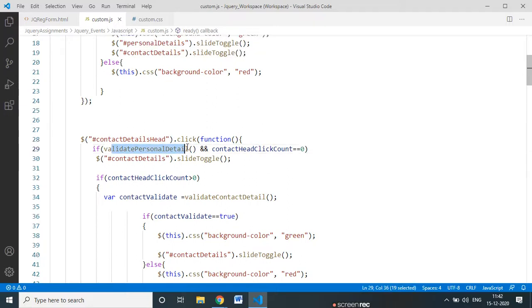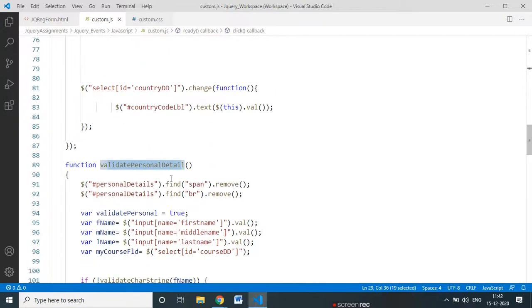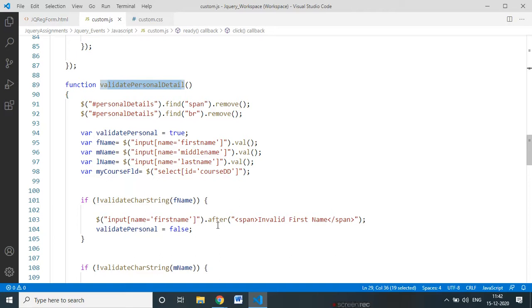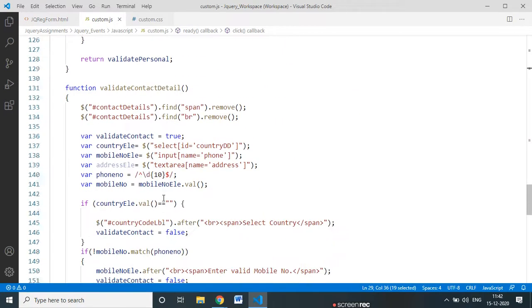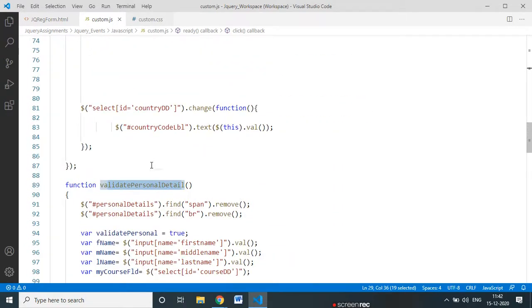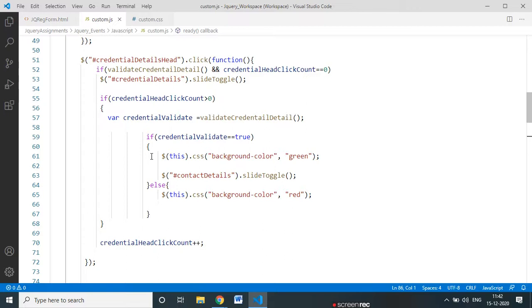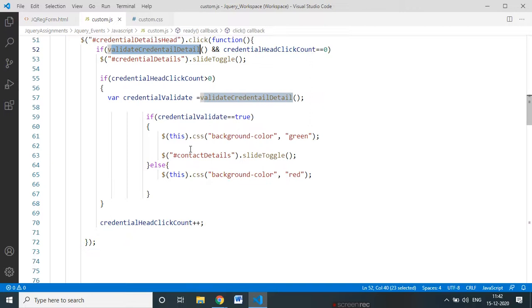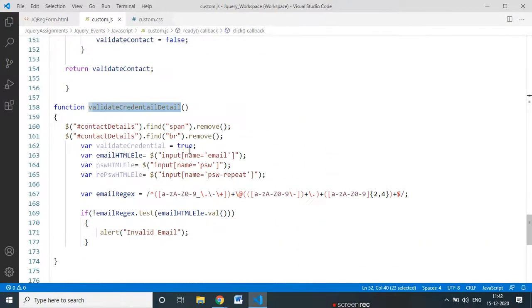Once I click here, validate personal. Actually, this function validate personal detail, it will jump here, then check that. Here name. I'm just checking validate credential details. It will jump down, remove span, validate credential proof, then email.